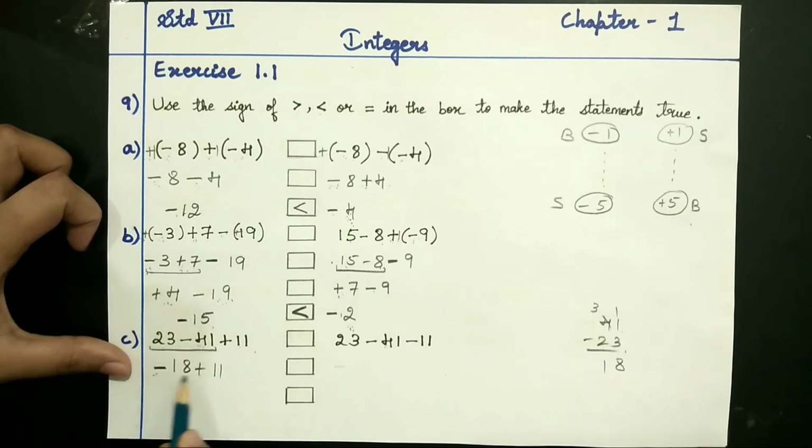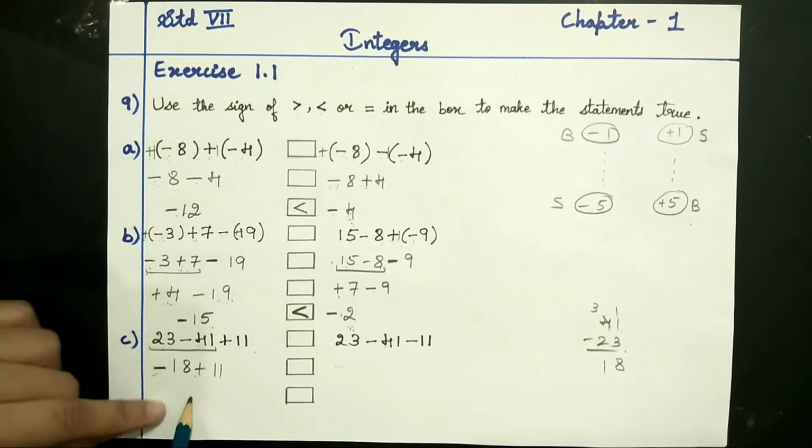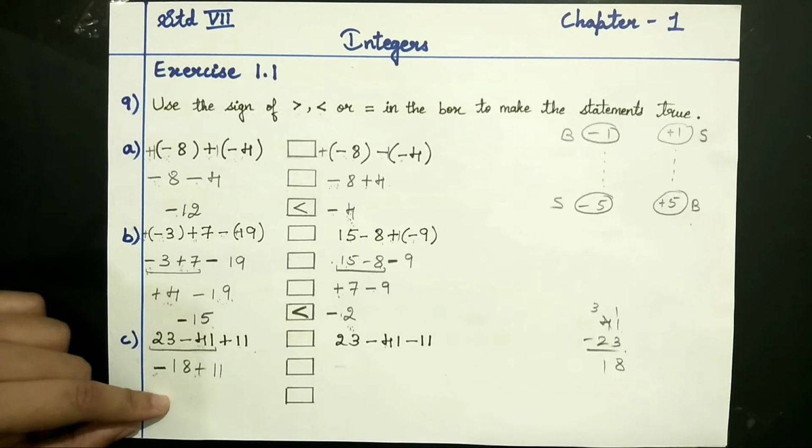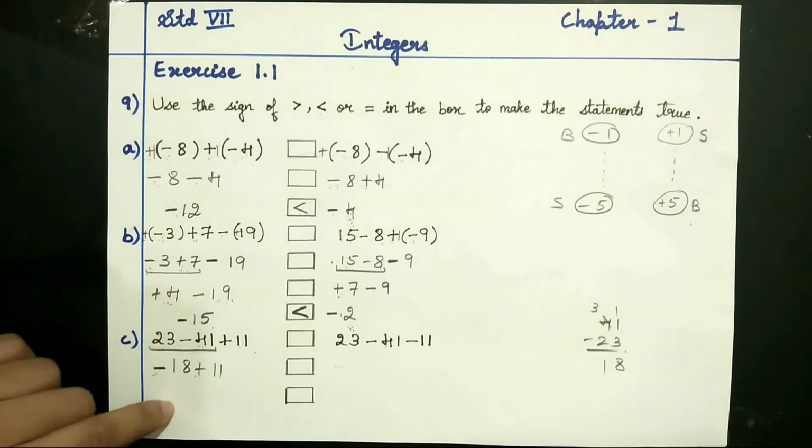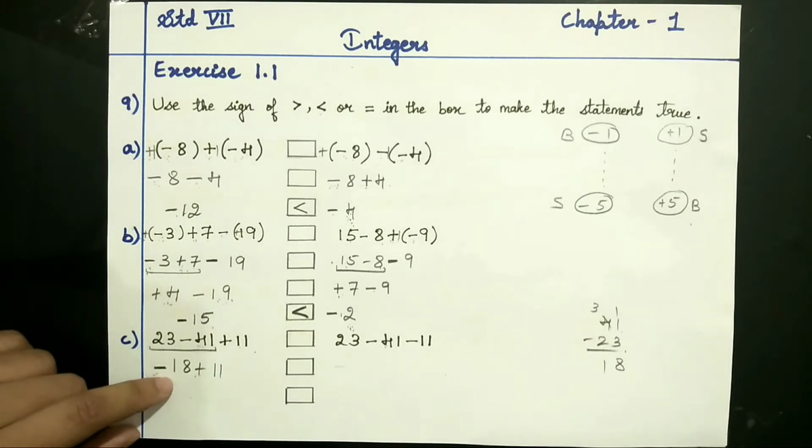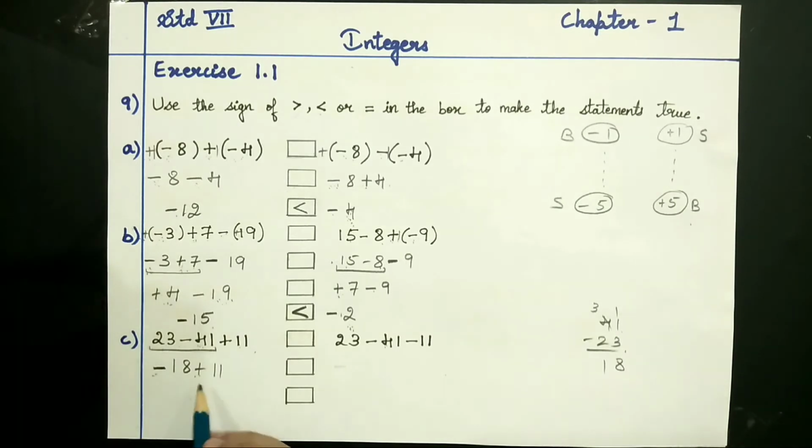Now since the signs are different here, for the answer you have to do subtraction, correct? Since the signs are different, according to the rules of addition and subtraction, you have to do subtraction here. Okay, so 18 minus 11, what's the answer? 18 minus 11, it is 7. Then here, which sign do you have to give? Greater number sign. So minus 7 is the answer this side.